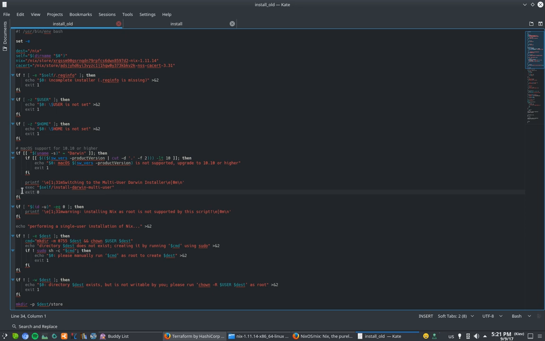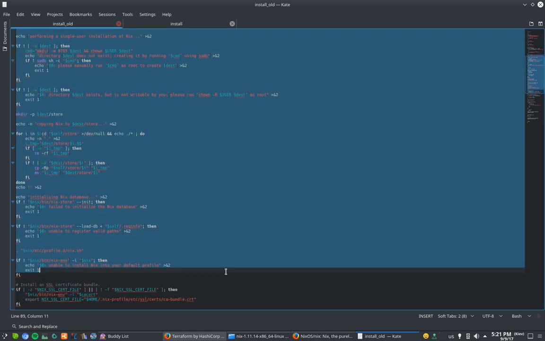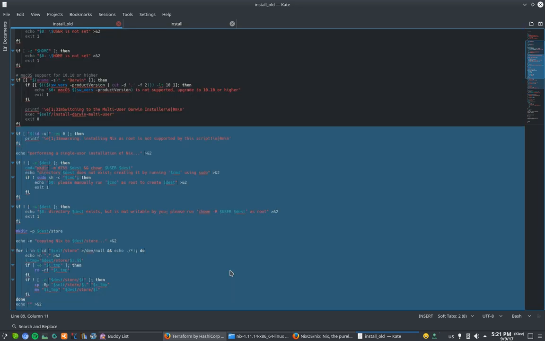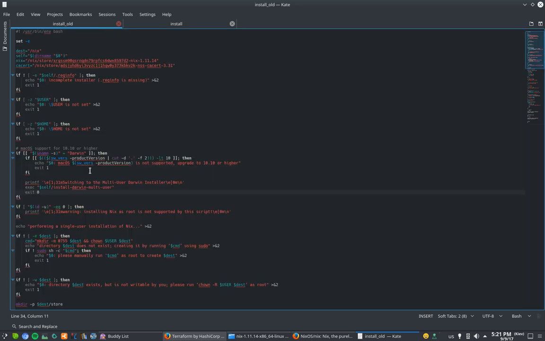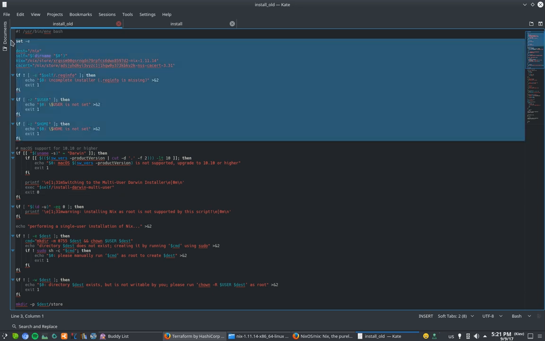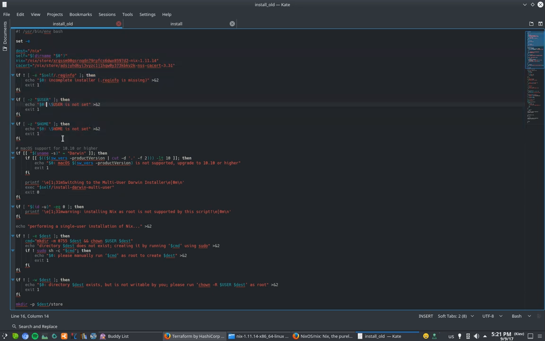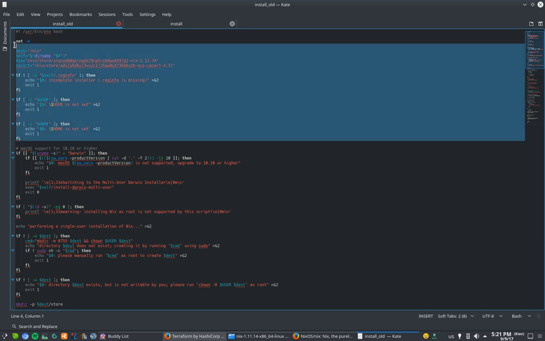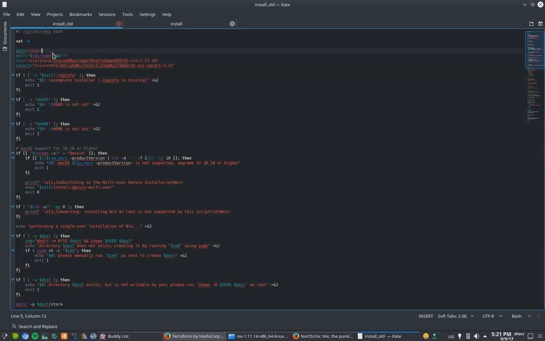So basically it's just a link to the other script here, a bridge to the other script, and all this part is not executed on macOS. So what is executed on macOS is these checks, and I see that this part can be moved to the macOS script, and the Linux and macOS scripts can evolve